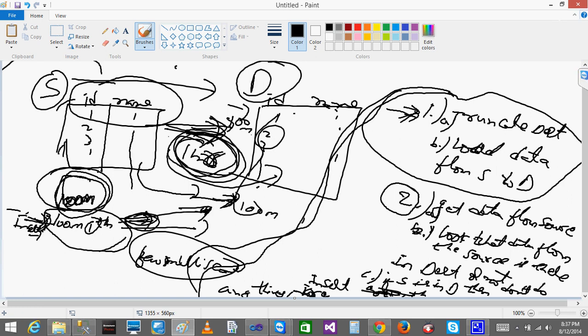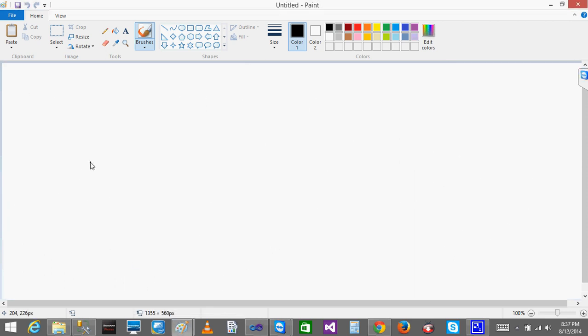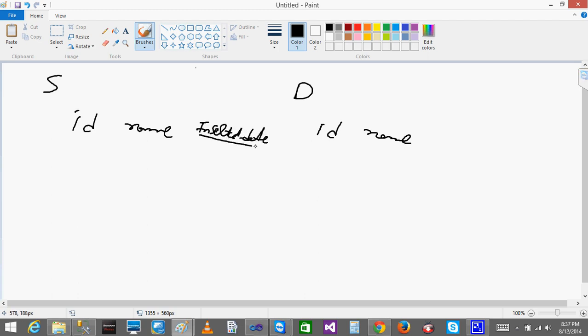For this purpose, whenever you want to do an incremental load, you should have some common step. I've got the source table ID and name, right? And I'll have a destination table ID and name. In the source table, I should also have an inserted date.